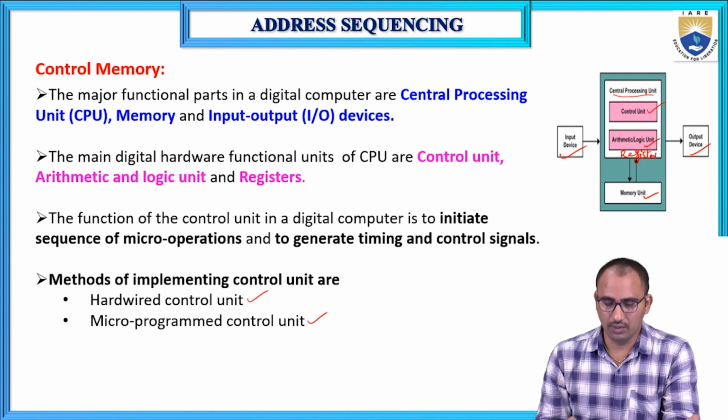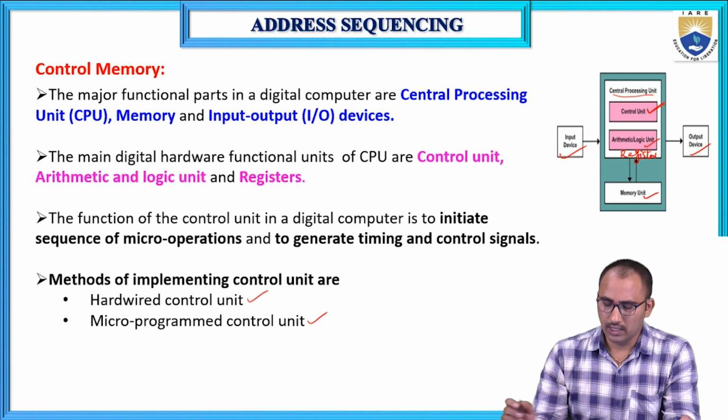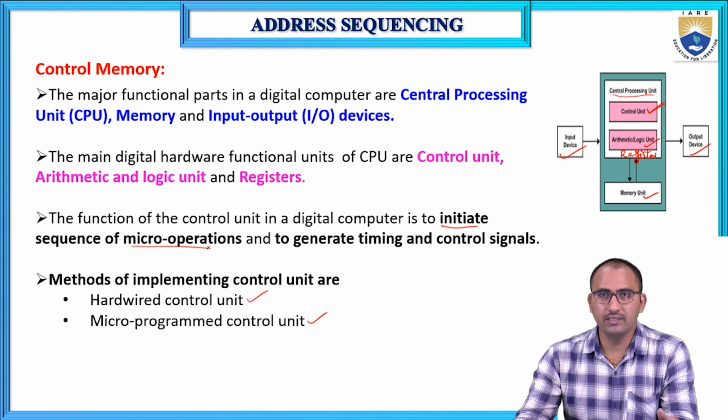Okay, so already we have seen that. So here the control unit. The main purpose of the control unit is to initiate a sequence of micro operations. We have already seen what a micro operation is. Micro operations are the operations that are performed on the data stored in registers. That is called micro operations. So to initiate a sequence of micro operations,